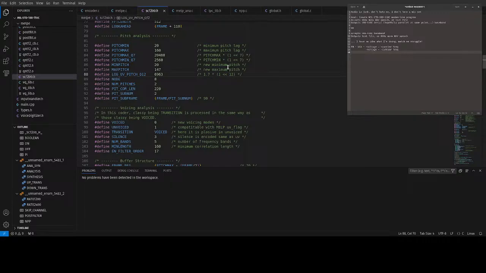Because obviously, you can't just tell the computer, hey, take this quotient of 7 bits and divide it with, I don't know, 1.7